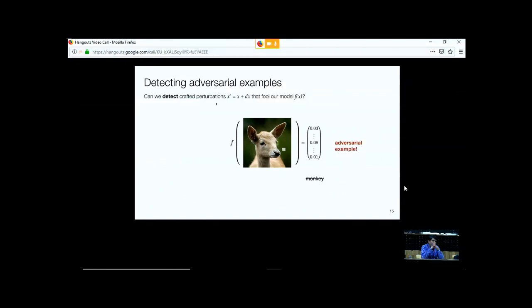But now there's a very clever adversary that's going to add a very small perturbation. We can definitely still say it's a fawn, but now the network says it's a monkey. And now what we want to say is, stop, somebody messed with this image. Somebody definitely purposely tried to include this perturbation. So how could we do this sort of detection task?